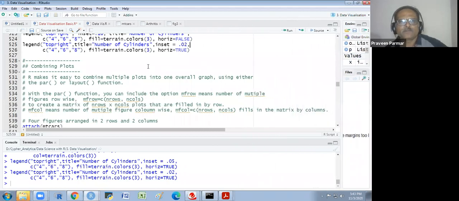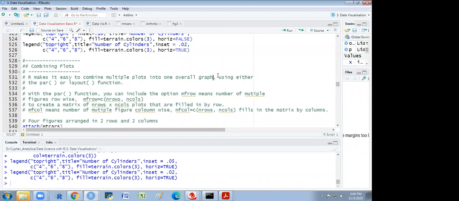Now we see combining plots. In one figure, you combine many plots. R makes it easy to combine multiple plots into one overall graph using either a par function or a layout function.